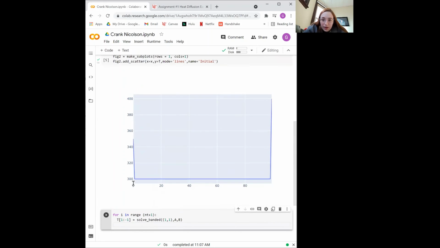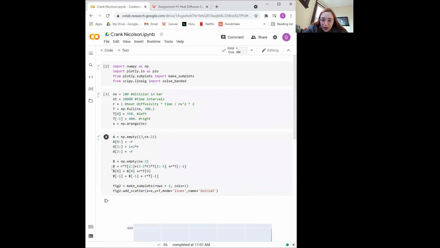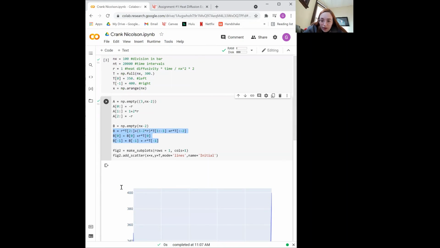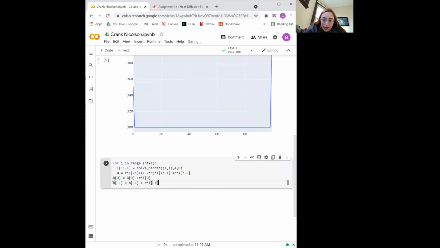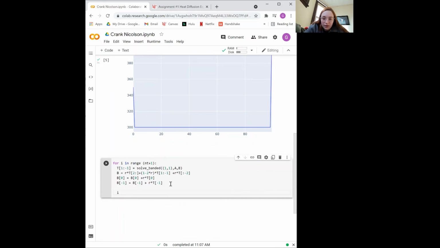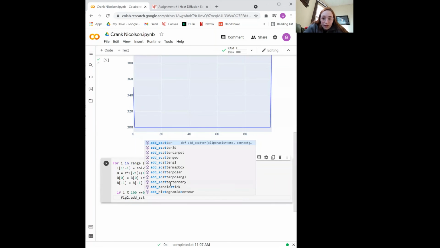And then I'm going to go ahead and copy our looped values that we want. We want all of these in our loop because it'll have our output. We need to enter these in or they won't be in the loop. And then we're going to complete our loop again. If i % 100 equals 0, then we're going to do the fig2 add scatter